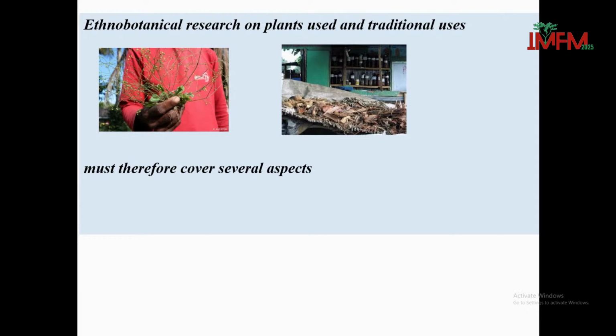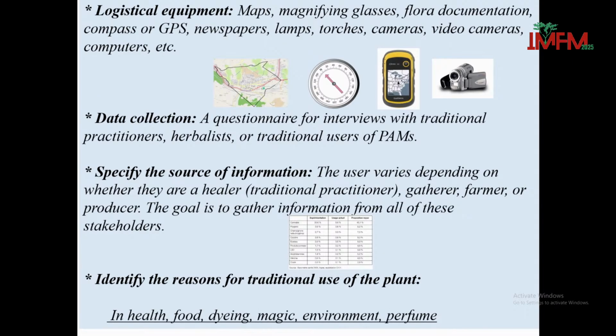In this study, ethnobotanical research on plant use and traditional use must cover several aspects: logistical equipment and data collection. This is a science. This is not human research. This is not literature research. These are very scientific tools, a very scientific